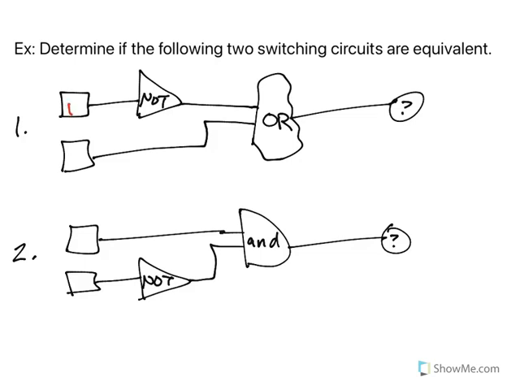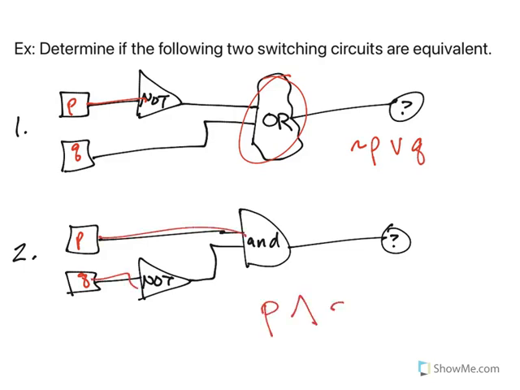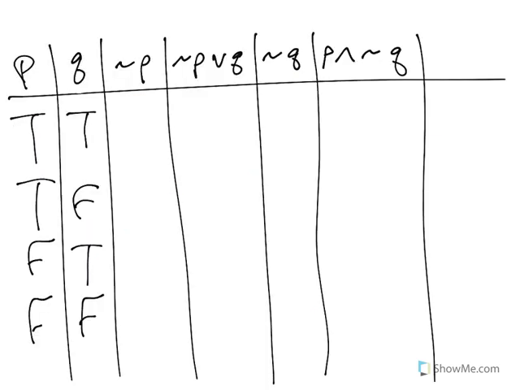So let's say we have P and Q again. In the first one, we have not P or Q. And then down here we have P and not Q. Are these the same? Well, let's see what we've got. So we're looking at not P or Q compared to P and not Q. To do this, first thing we need to negate P. So again, opposite truth values. And we're using OR. So comparing,